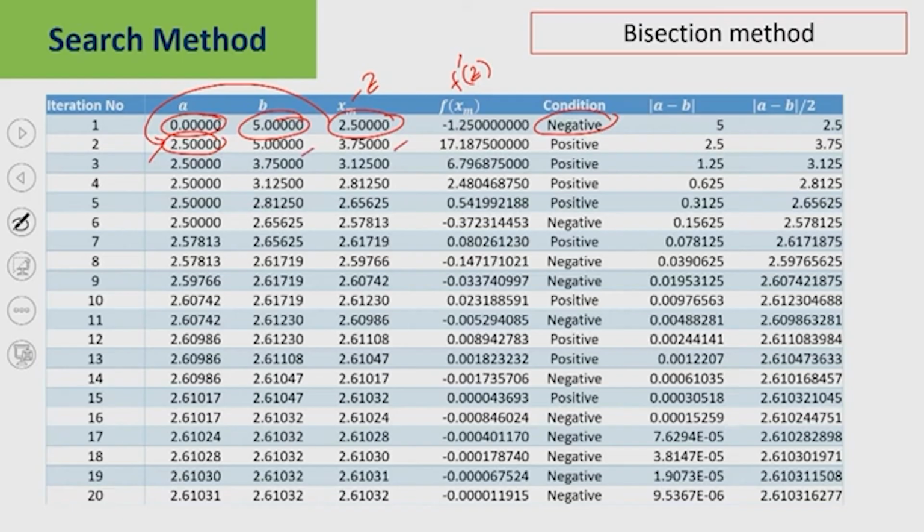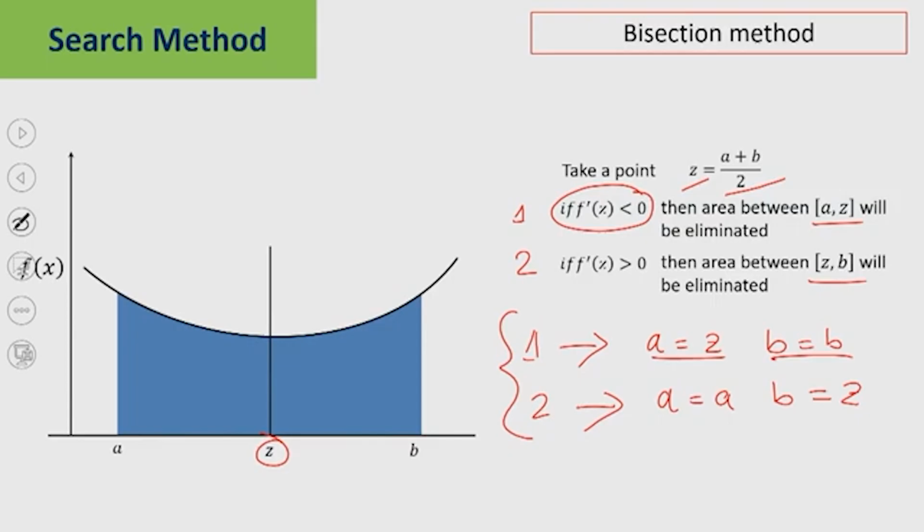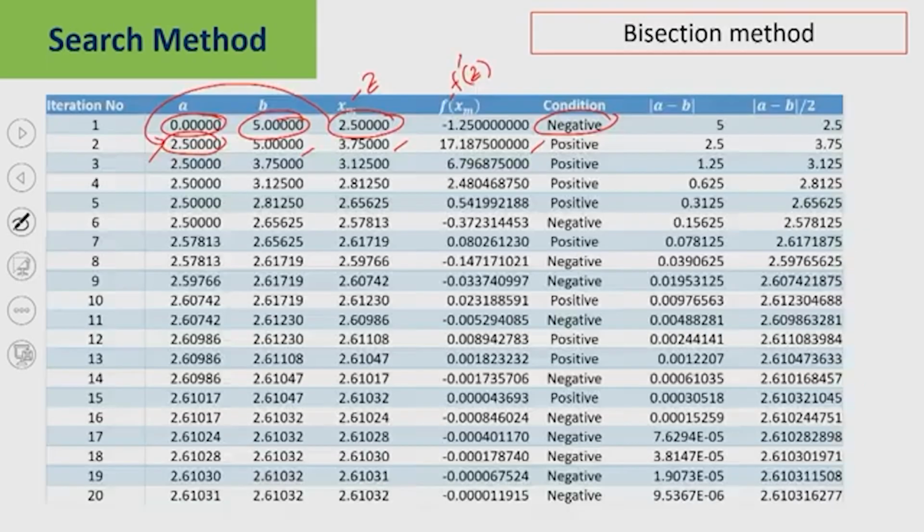Then you calculate the new value of z, sorry, this is the derivative value, not your function value. So, the derivative is now 17.18, and that is positive now. So, if it is positive, what will happen? If it is positive, a will not change, b will be equal to z. Okay. So, a is not changing and b is equal to z now. Then you calculate the new value of z, the new derivative value, and in this case positive. So, positive means that a is not changing, b is equal to z,